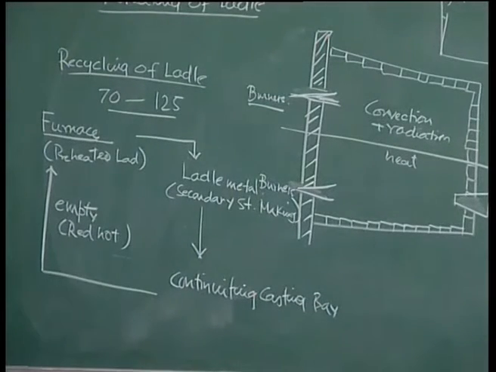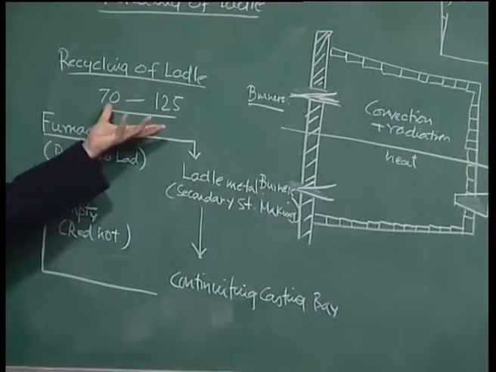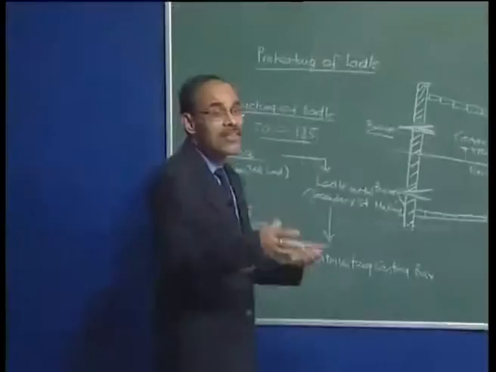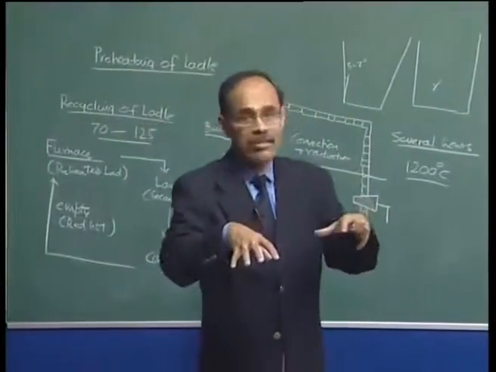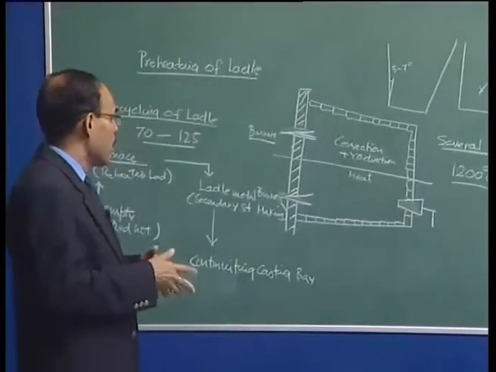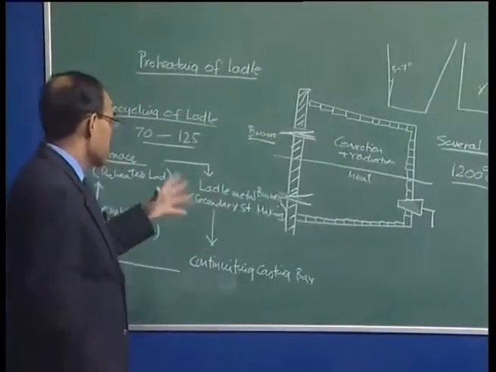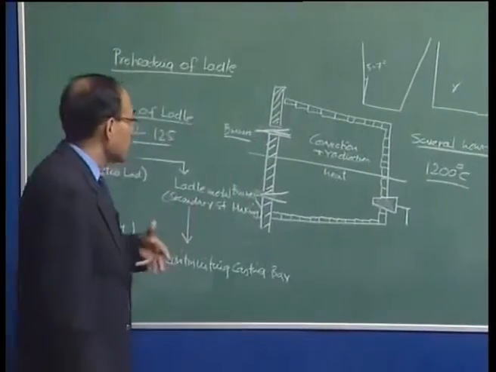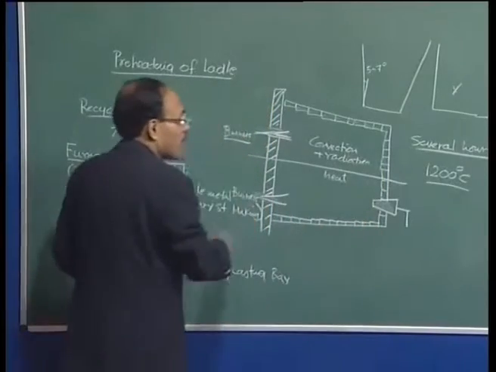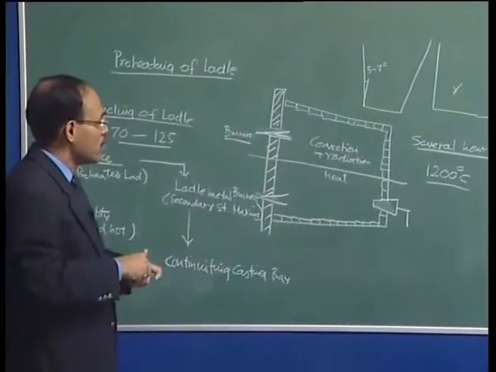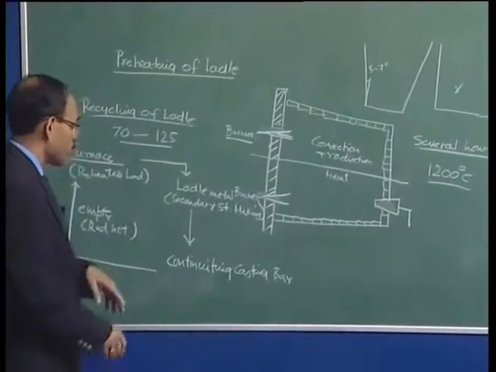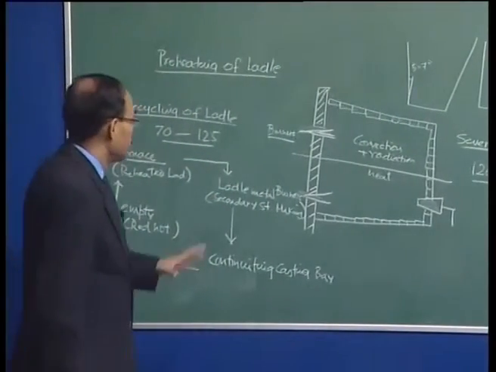Okay. So after 125 hits or 70 hits, we say that the life of the ladle is now over, because there has been tremendous erosion of lining, tremendous skull formation, and therefore the ladle necessitates some kind of a relining exercise. In that case, what happens? The working lining is going to be replaced, and new bricks are going to be put depending on the requirements of specific regions, as I have mentioned earlier.